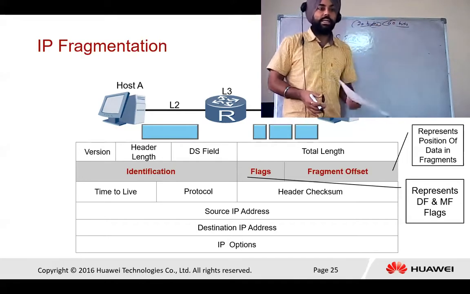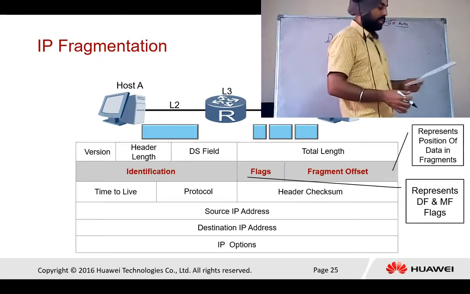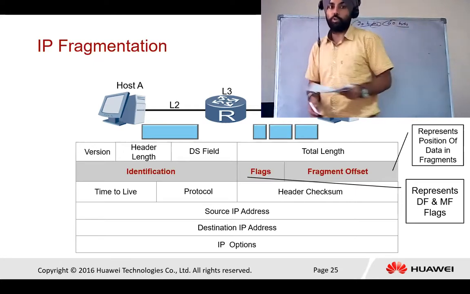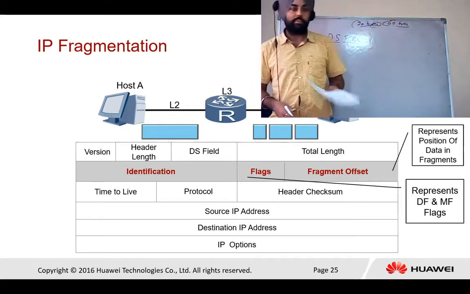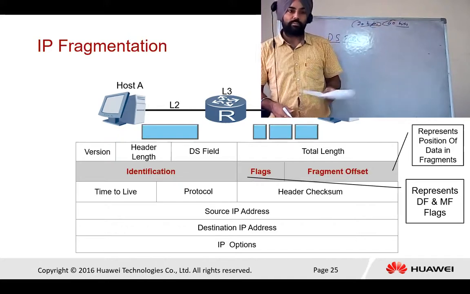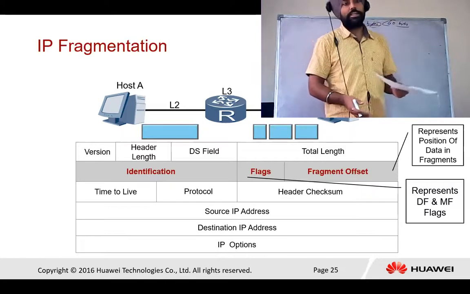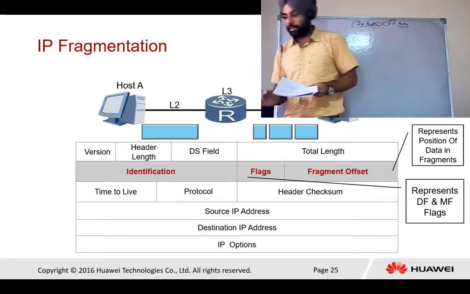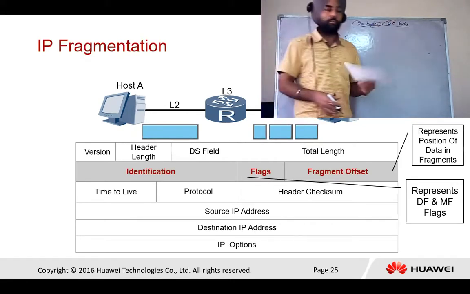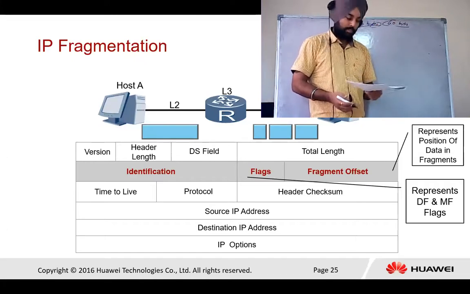Another one is TTL, time to live. Every packet must have some TTL value. Why do we require the TTL value? To avoid looping in the network. Another one is the protocol field, which we already discussed. It's a set of rules, for better communication between our endpoints.